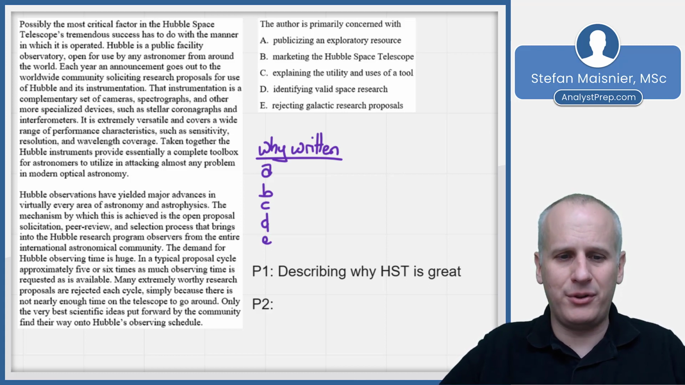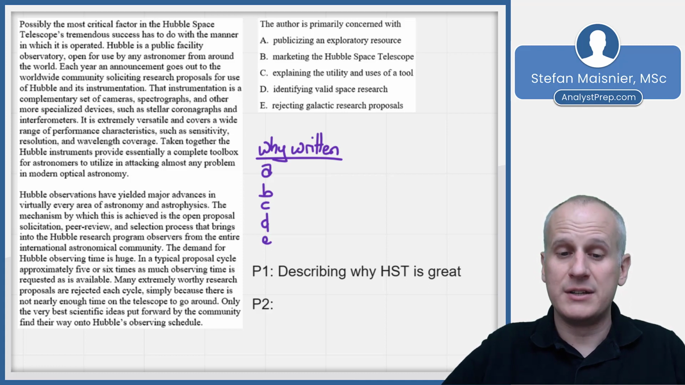The demand for Hubble observing time is huge. In a typical proposal cycle, approximately 5 or 6 times as much observing time is requested as is available. Many extremely worthy research proposals are rejected each cycle simply because there is not nearly enough time on the telescope to go around. Only the very best scientific ideas put forth by the community find their way onto Hubble's observing schedule. So paragraph 2